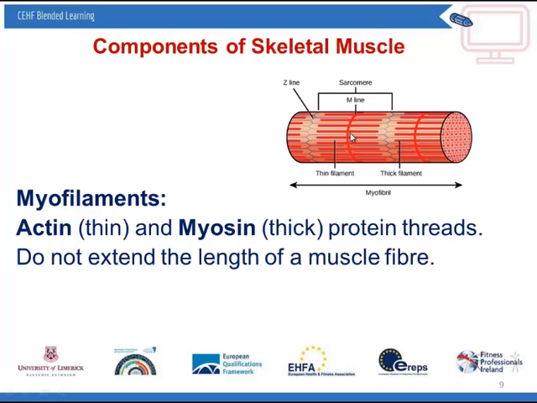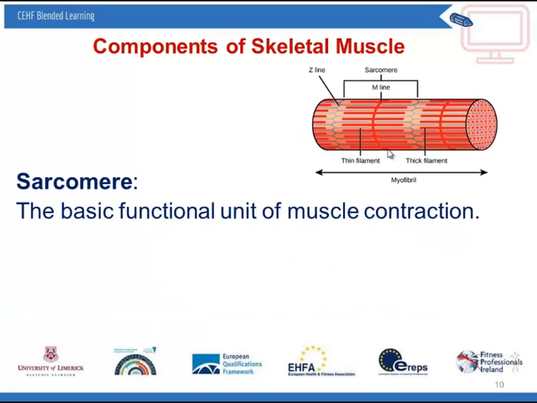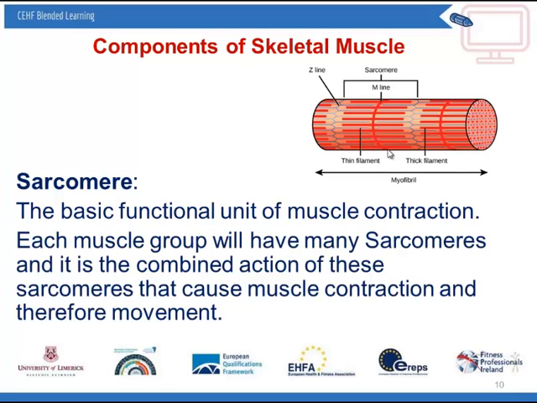These don't extend the whole length of the muscle fiber, but they're arranged in sections, and these sections then are called sarcomeres. There are many sarcomeres all along the length of each muscle fiber. The sarcomere then is the basic unit of muscle contraction, and it is the combined action of all of these sarcomeres together that causes muscle contraction, and that then in turn causes